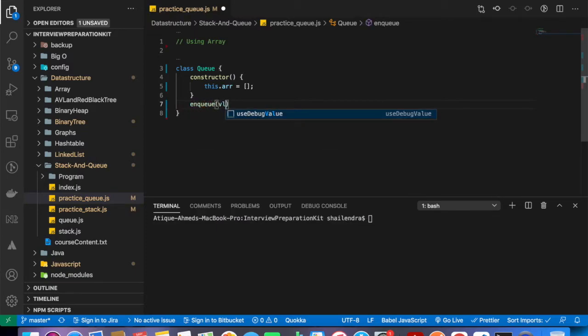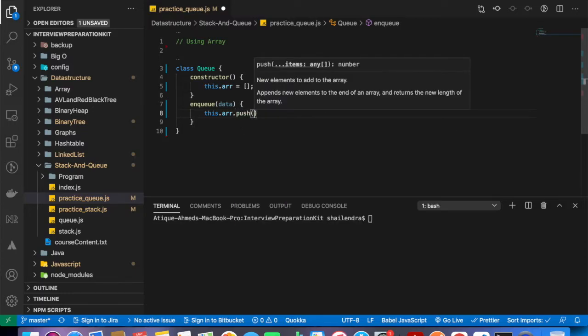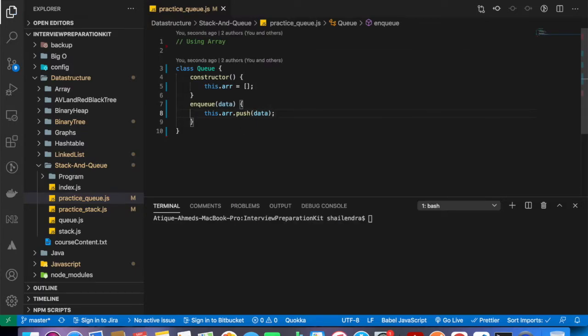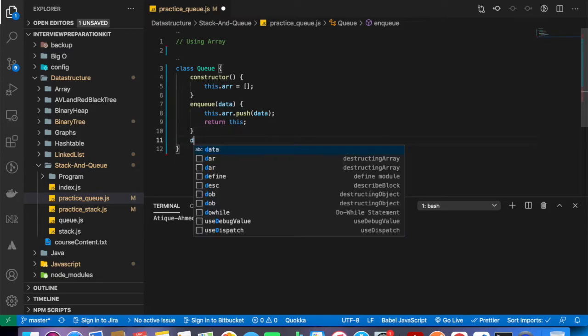The enqueue will take a value or data, and I can say this.arr.push(data) and return this. And let's do the dequeue method as well.